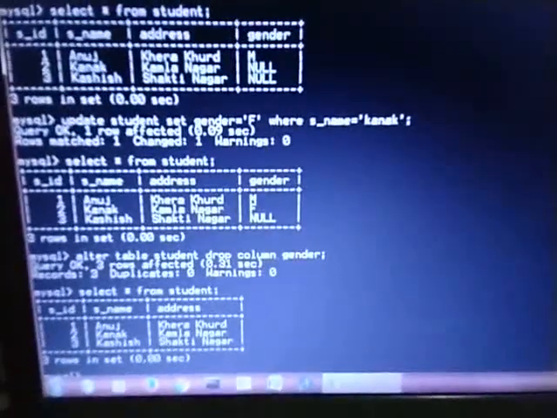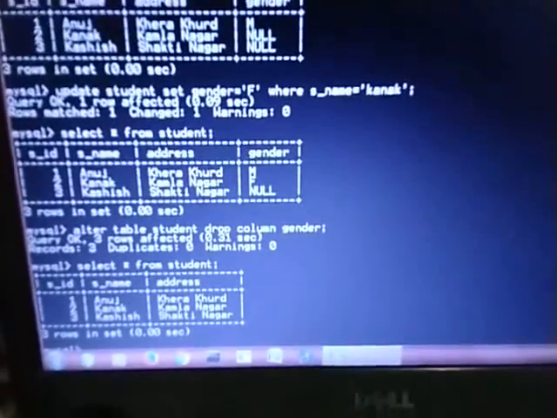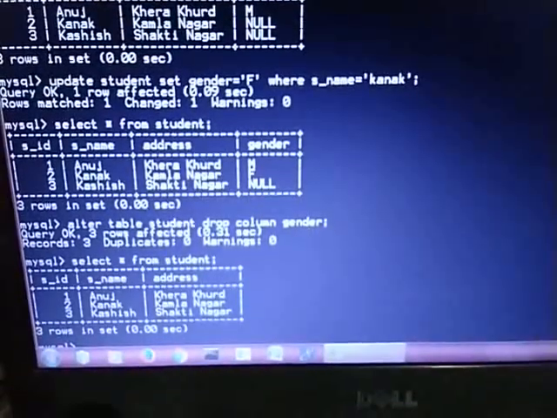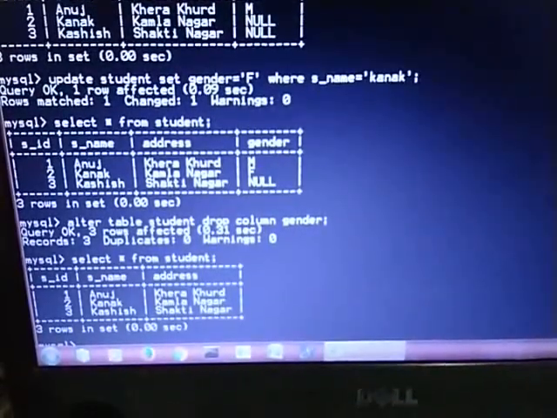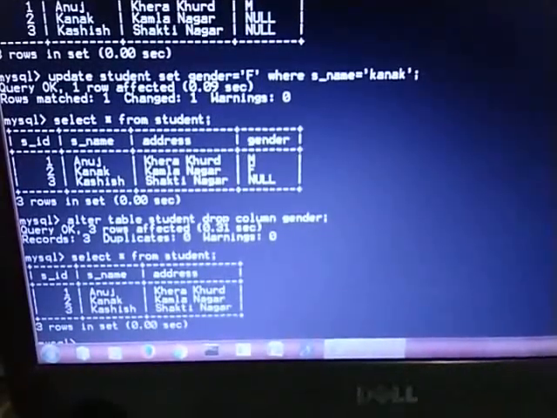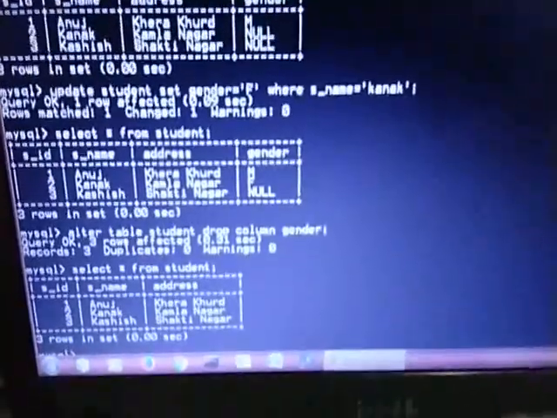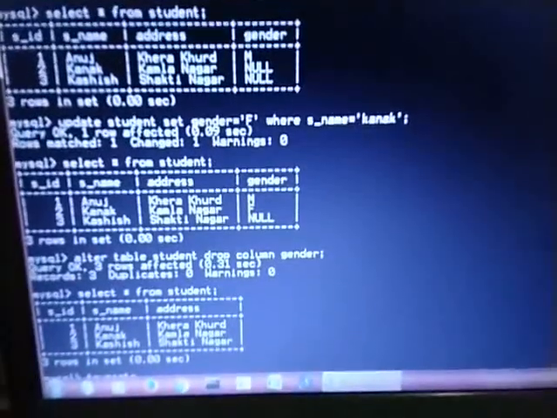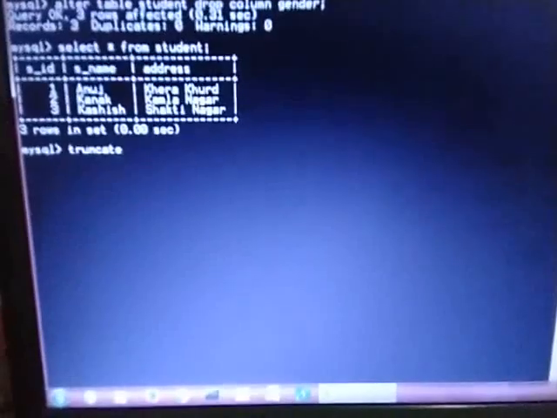Now I am telling you how to drop the table. Dropping a table means all the things with the structure are going to be removed. Fine. So what is the difference between drop and truncate command? Just see here. First I am going to write the truncate over here, then I will write the drop command. So for truncate I have to use, let me scroll down again. See, I have written truncate table student.